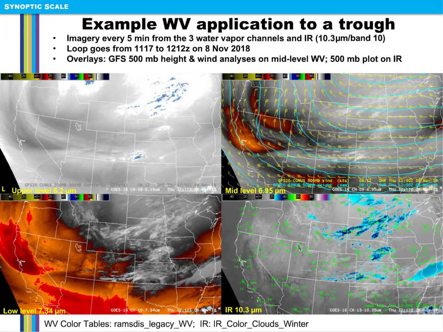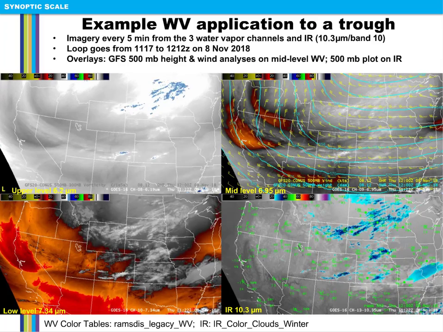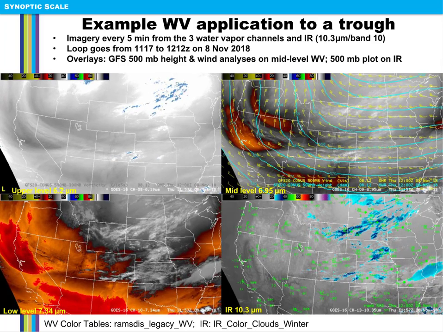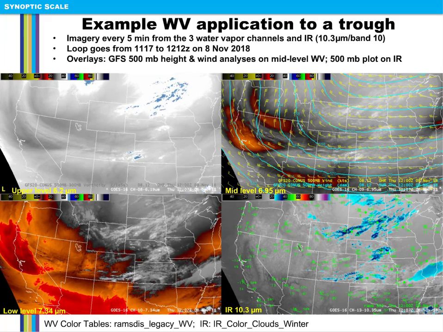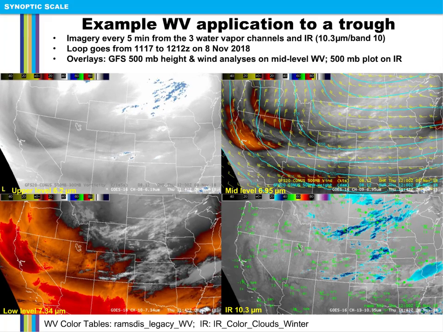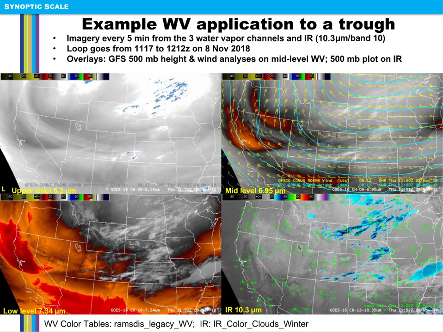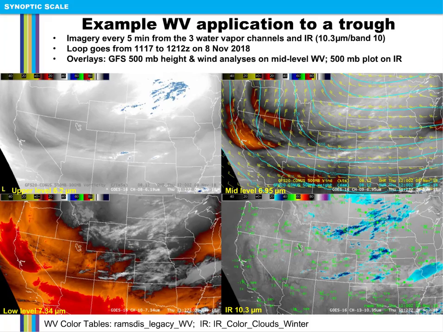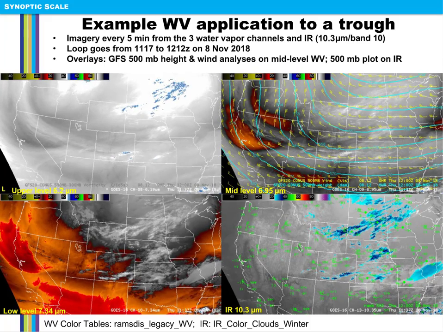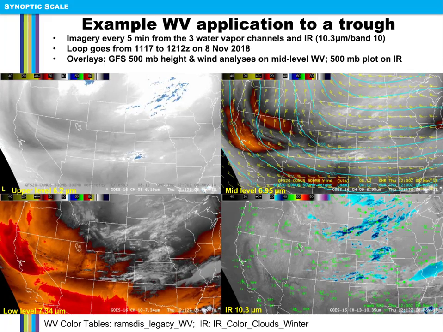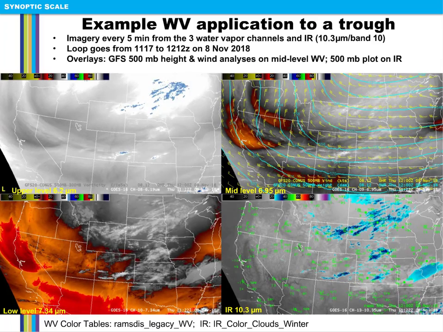Embedded within this trough are shorter wavelength features, or shortwave troughs, and we can use the water vapor channels to tell us more about these features. One area that stands out is the region of relatively warmer brightness temperatures in all 3 water vapor channels centered over central California. In this portion of the trough, there is strong downward motion, and the sinking air is drier, allowing each water vapor band to sense a layer lower in the atmosphere than surrounding areas,